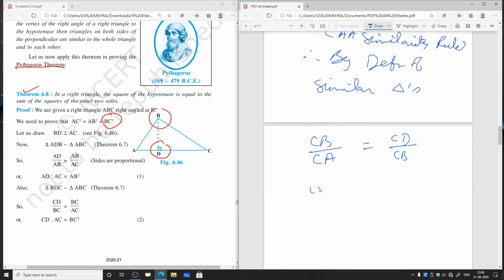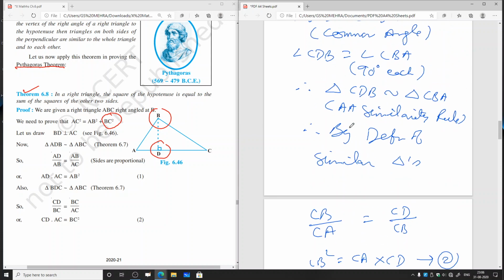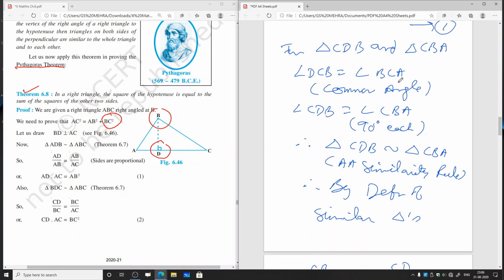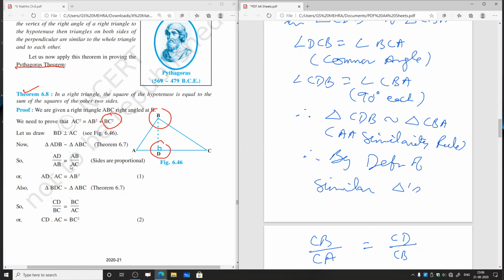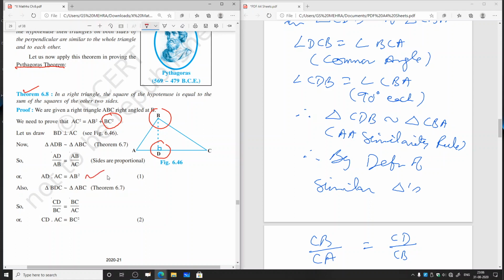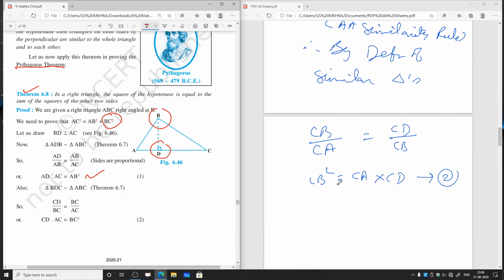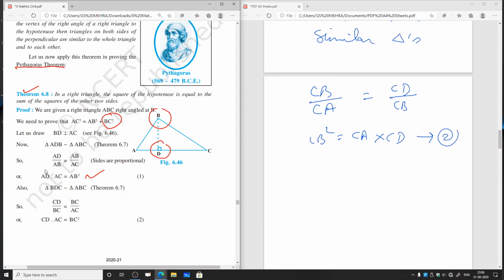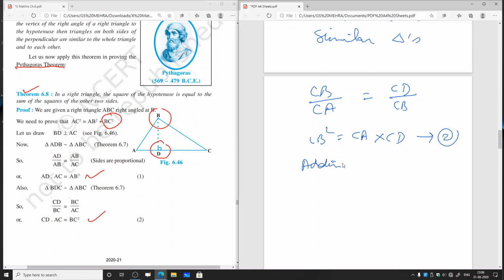CB square is equal to CA into CD, and let this be second. So from the first we have got AB square equal to AC into AD, and from the second we have got CB square equal to CD into AC. So adding 1 and 2,